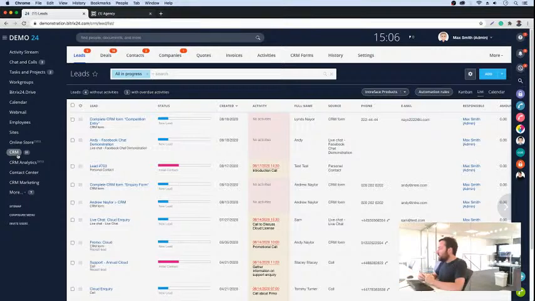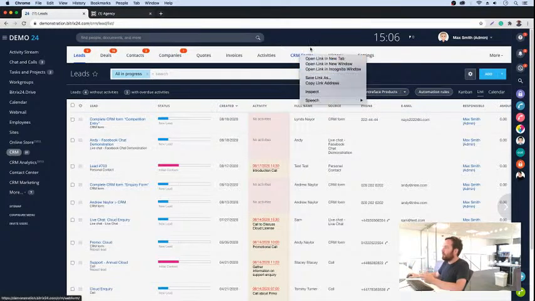With regards to triggering automation off when a CRM form gets submitted from your website. We have a number of clients that have multiple CRM forms on their Bitrix24 site. And what they want to do is actually target their automation responses based on which CRM form comes in to generate a lead. So if we go into our CRM forms at the top here,